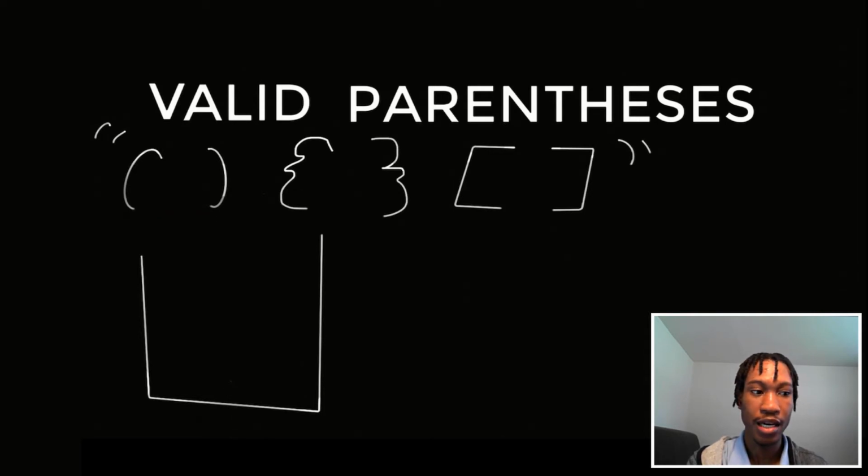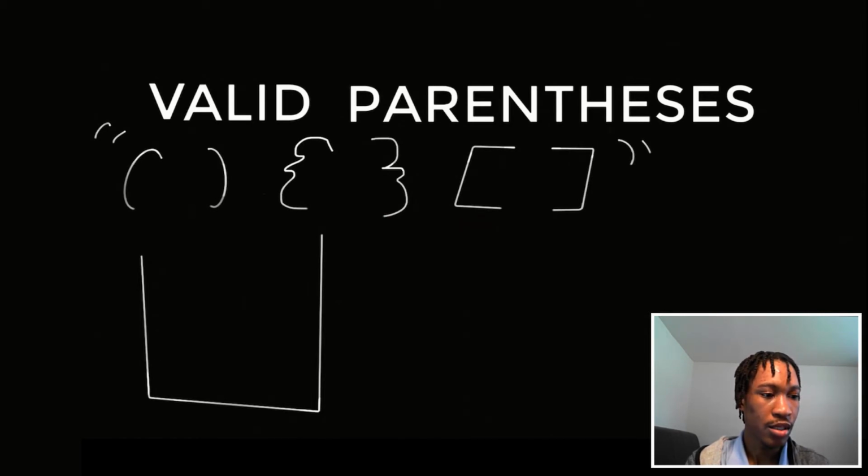two parentheses as valid. And then we're at the third parenthesis, and it's an opening parenthesis, so we add it to the stack. And then we get to this guy right here, closing, and if it's a closing parenthesis, we check if it matches the last value in the stack. So we do like stack.pop, and then we get this value, and we check if this guy matches this guy, which in this case it does. So we remove this, which means we're marking these two parentheses as valid, and then we get to the fifth